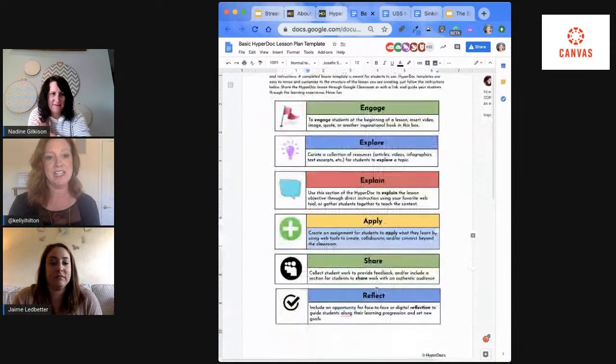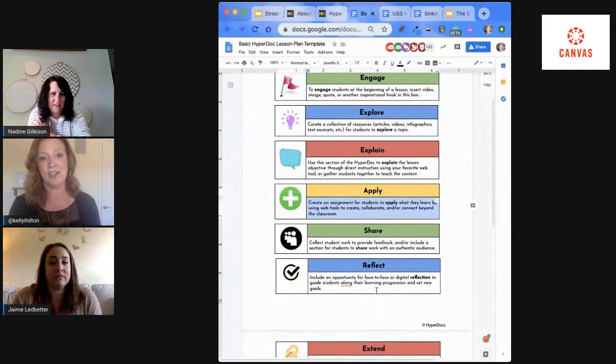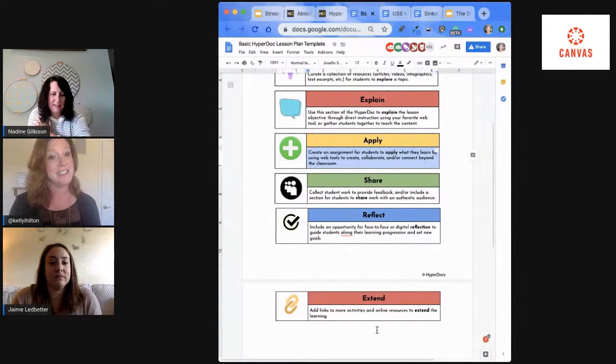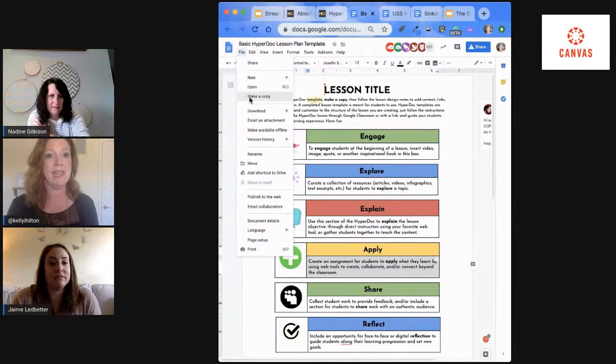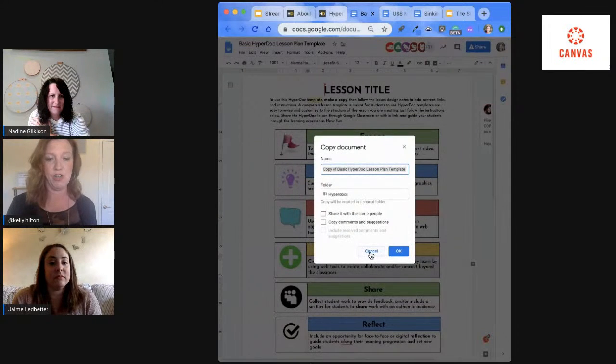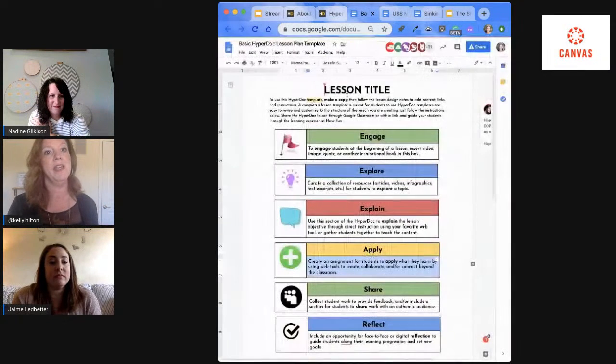We also built in an opportunity for students to share, reflect, and have extensions. So this is an example of a template that's on the website that, for Google users, you can go ahead and go to File and make a copy, and then you would have the template and you could put your own lessons into it. But really, if you want to learn more about what Hyperdocs are and how they're defined